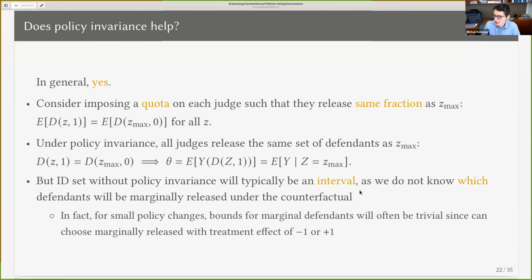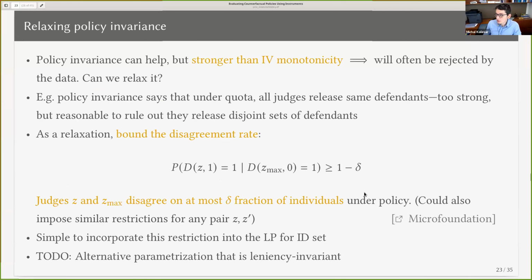And so in this sense the bounds are trivial, in the sense that as I move from the data further out, the identified set is just going to keep growing. And the model is not really, beyond pinning down where the data is, going to help me narrow down the identified set. So one thing we could do is try and think about why this is implausible. Well, in this example, I'm allowing the judges to disagree completely with one another.